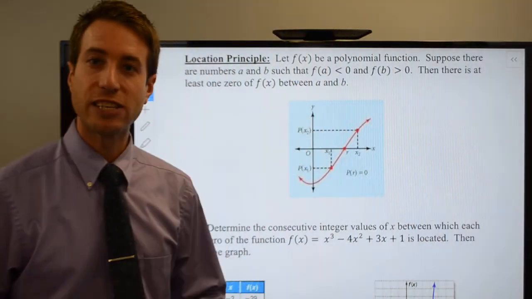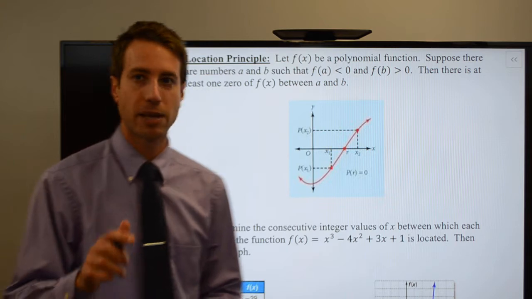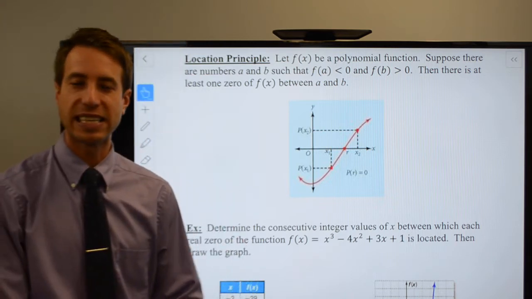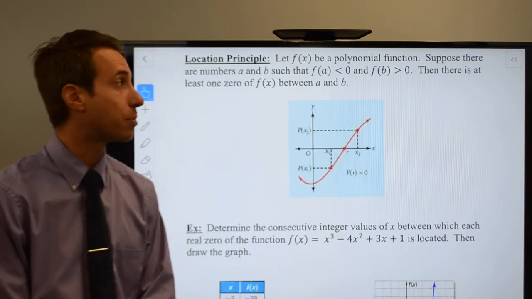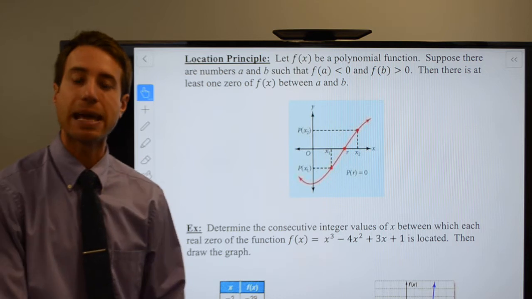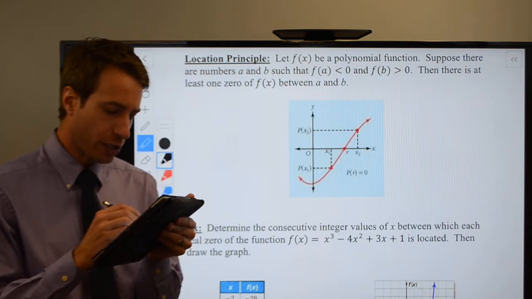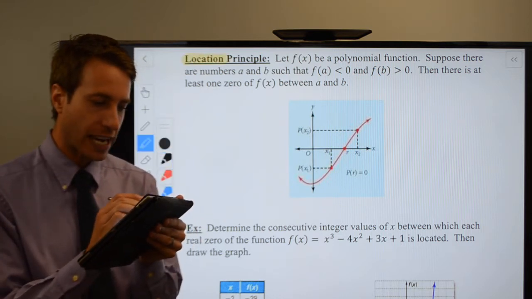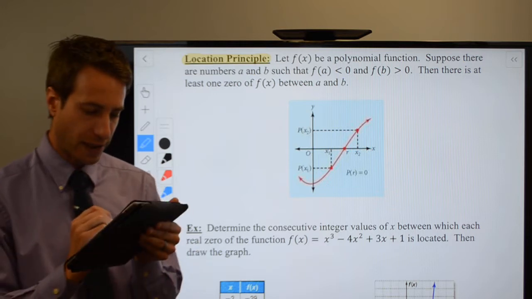Alright guys, welcome to this page of the notes. I'm not going to spend a ton of time here because, again, we've already seen this back in chapter 4 and we actually already did a problem here. Don't let the name confuse you. What they're going to do in this chapter is they're going to call it the location principle. That's just a really fancy way of saying